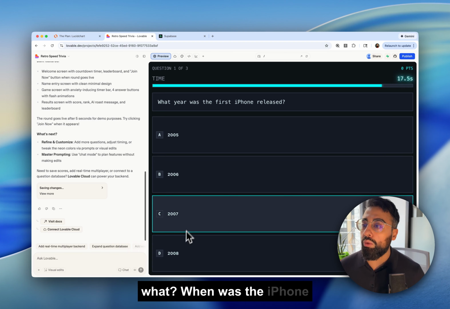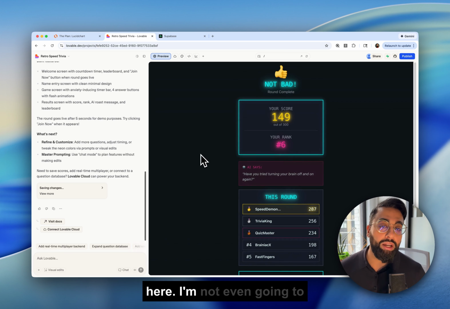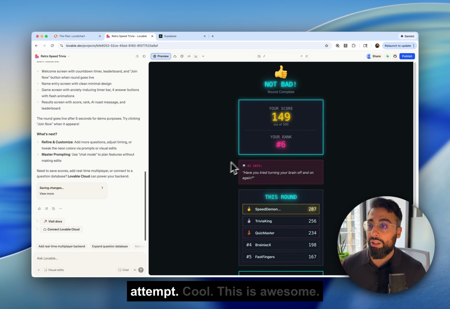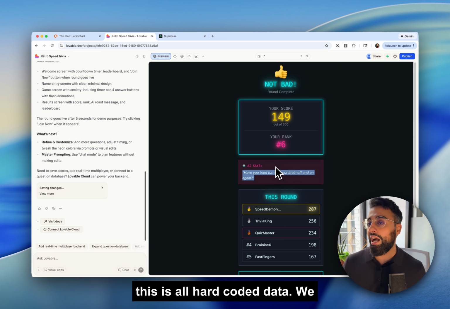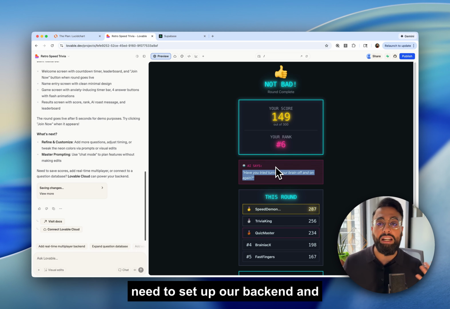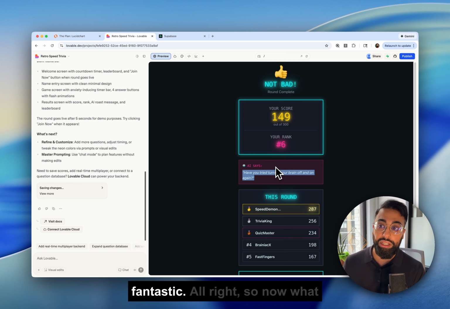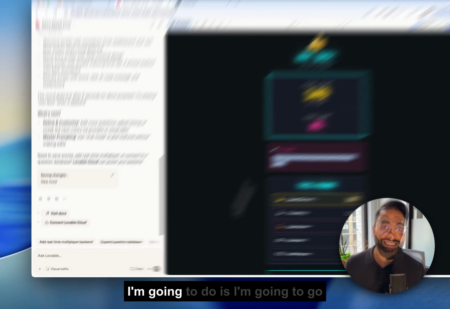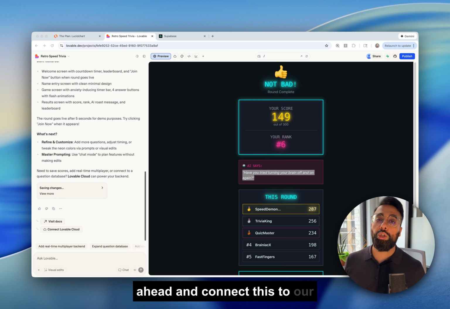Okay, when was the iPhone released? I'm just gonna click around here. I'm not even gonna attempt. Cool, this is awesome. And we have a roster here. Of course, this is all hard-coded data. We need to set up our backend and actually add in real content, but the UI, I think, looks pretty freaking fantastic. All right, so now what I'm gonna do is go ahead and connect this to our